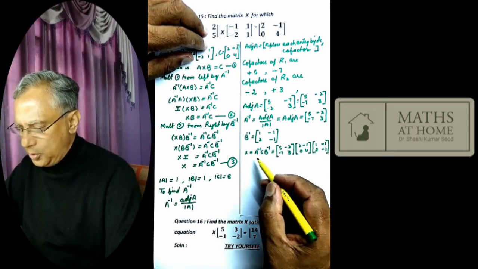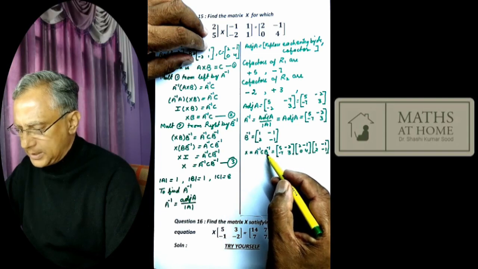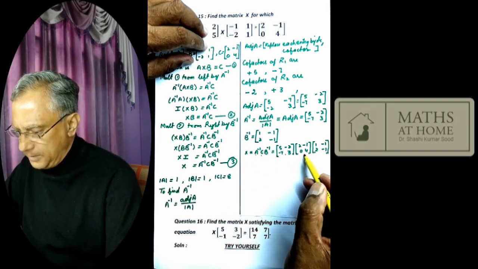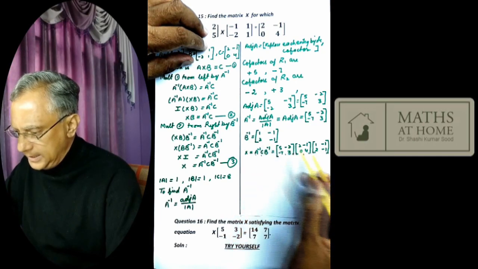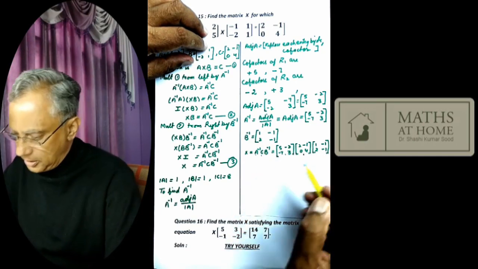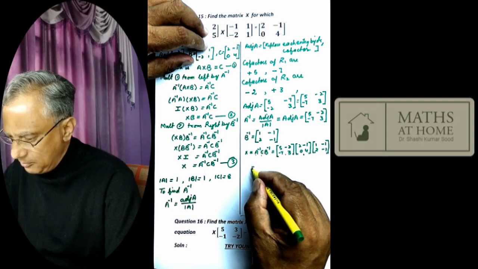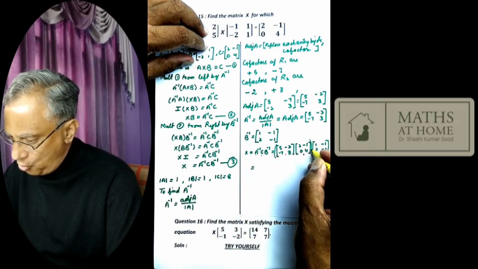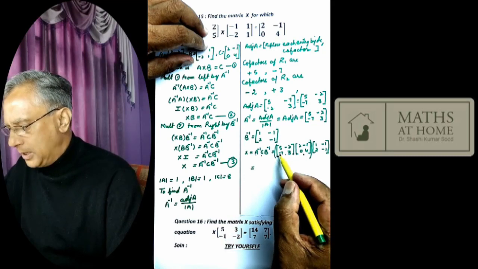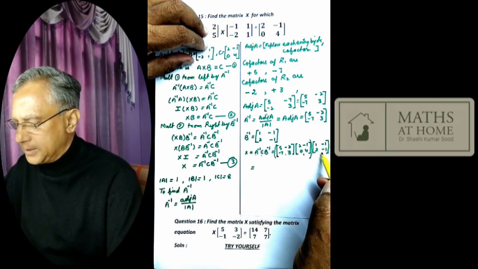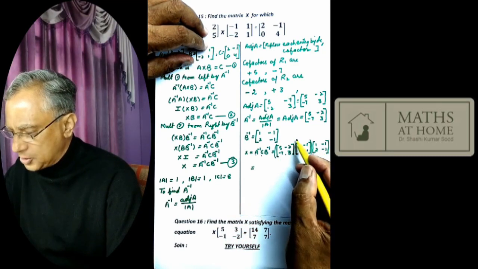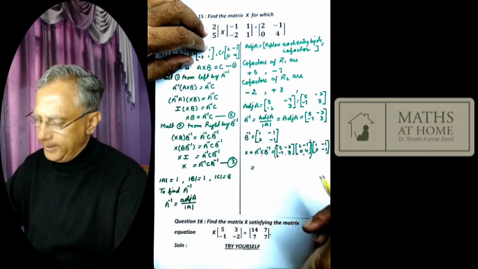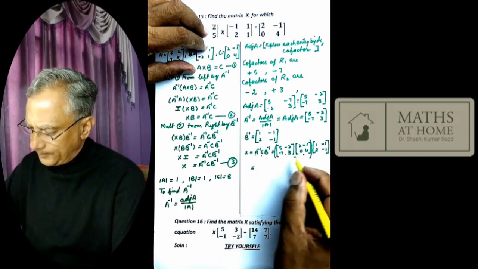Now we substitute A inverse C B inverse here. We get A inverse is this much, C is this much, and B inverse is this much. Now we carry out this multiplication. We can associate these two, that is we will first multiply these two and then multiply the result with this, or you can associate these two. You can do it any way. So this is equal to,